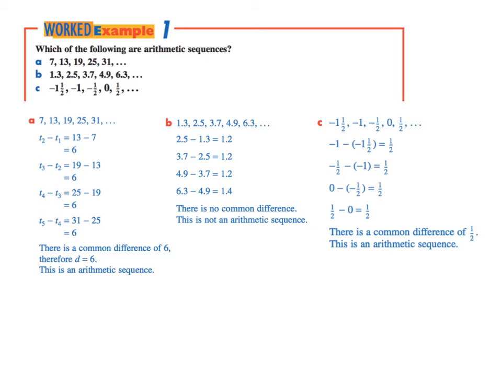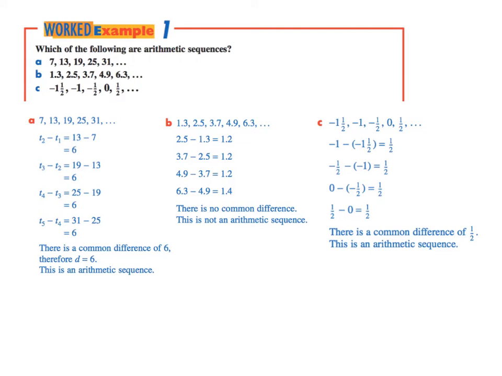We have the numbers in the sequence as 7, 13, 19, 25, and 31. What we want to do here is take the first two terms and find their difference. So we take the second term minus the first term, which is 13 minus 7, and that gives us a value of 6. We want to then do the same thing with the next,